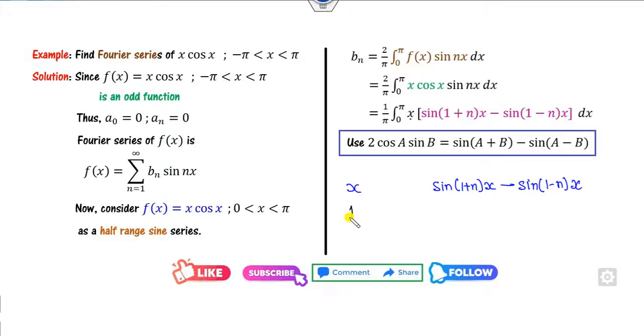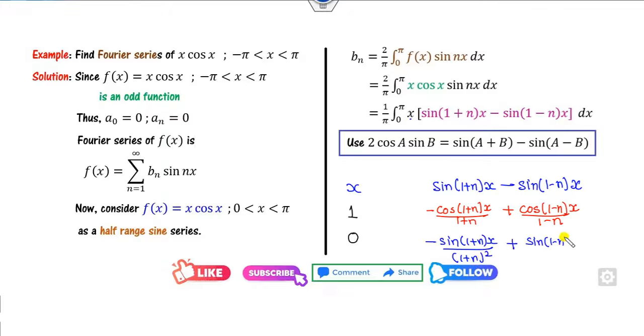I can differentiate this function until it becomes 0, and I can integrate this function. It's minus cos(1+n)x over (1+n), minus minus plus cos(1-n)x over (1-n), and then again integrate: minus sin(1+n)x over (1+n) whole square plus sin(1-n)x over (1-n) whole square. You can multiply this with a positive sign. You can multiply this by